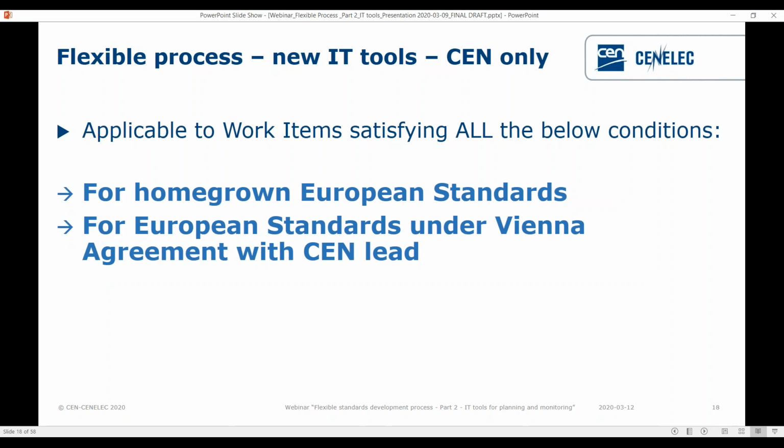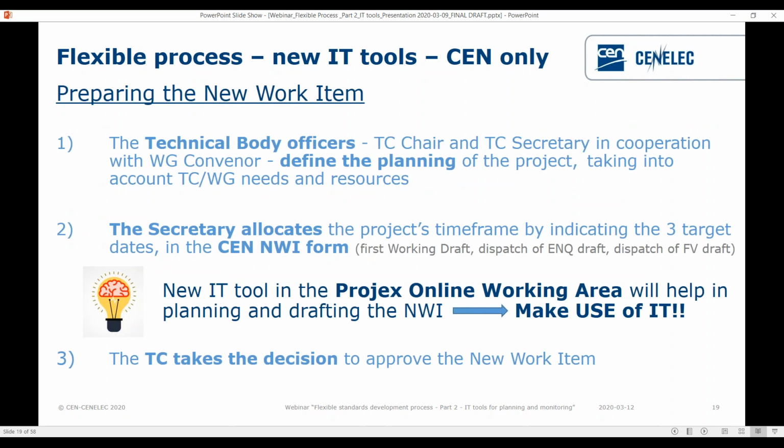I leave this slide for additional further, I would say, restating the concept. And we can already move to the practical aspects which relate to the preparation of the new work item. So in CEN, again, we are within the CEN dimension. So we know that there are different practices according to the technical bodies, but what is the common denominator is the following. It's important to know that there are two different tools to register and to prepare a new work